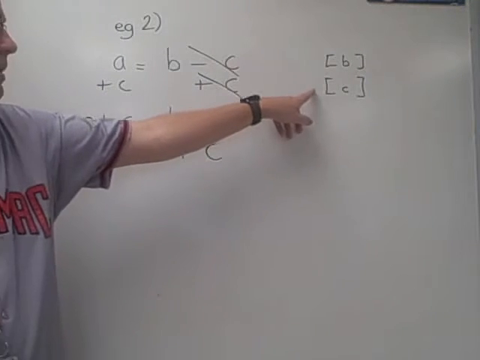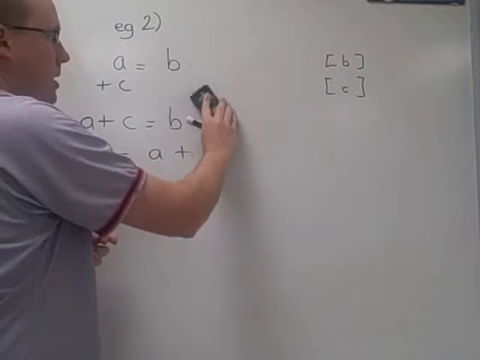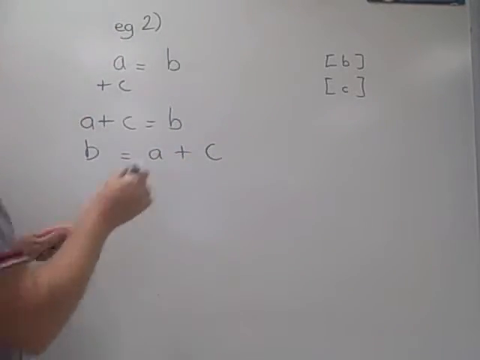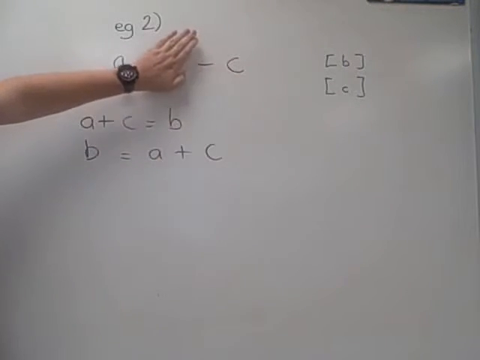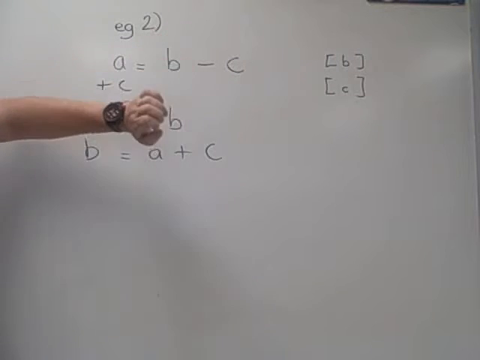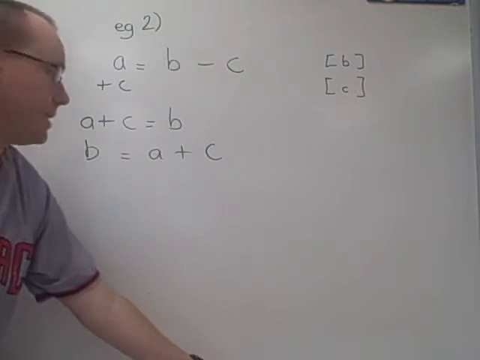Now on this question also I asked to solve for c, so I'm going to go back to this step up here. Now this is actually a more difficult question, and the reason this is a more difficult question is I don't have c here, I actually have negative c. Now whenever that happens I always tend to add c to both sides, which is what I did on that